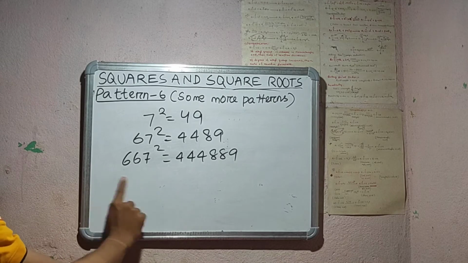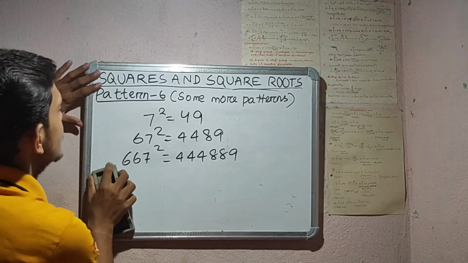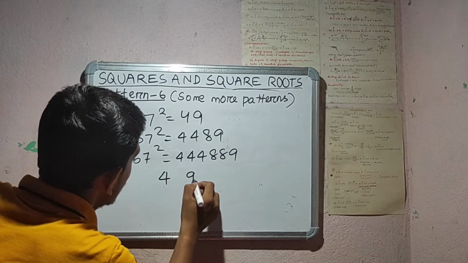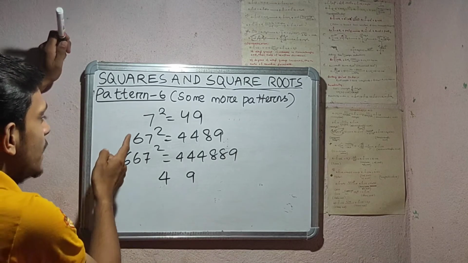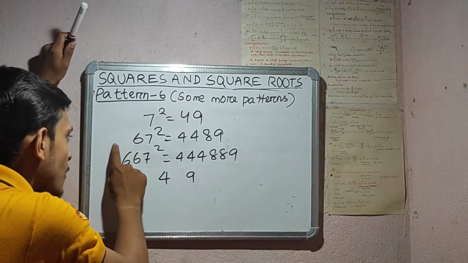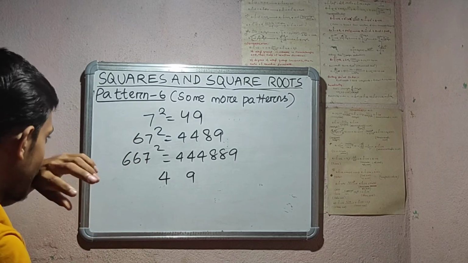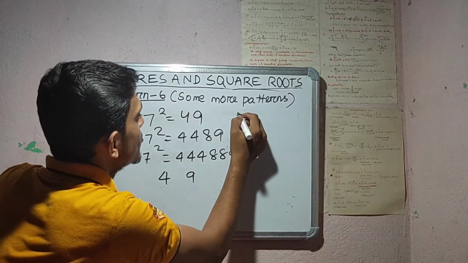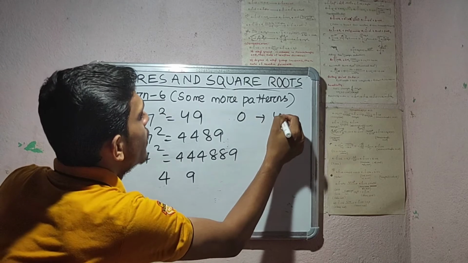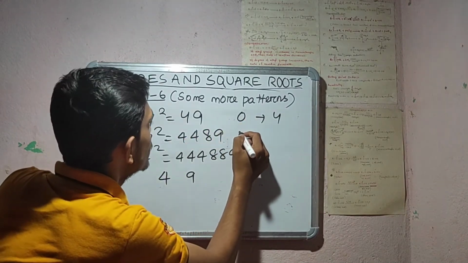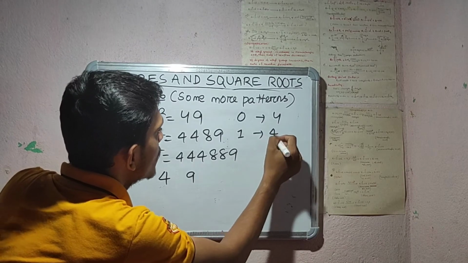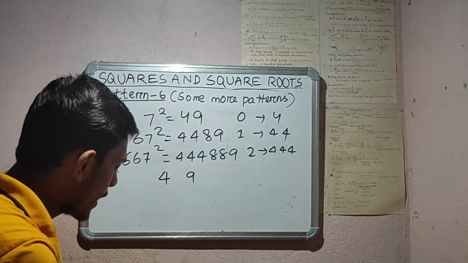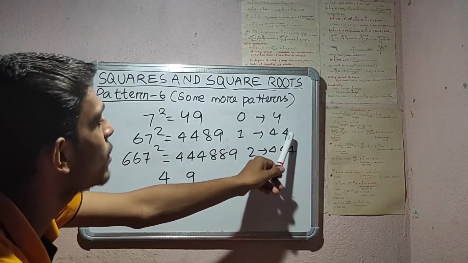Anyways, how is it organized? It is organized in this way. See, that is 49. Okay, so the number of sixes added, there is no 6, so the number is 1. There is no 6, the number of 6 is 0, so one 4 is added. If the number of 6 is 1, then what is the number of 4? That is 2. Then if the number of 6 is 2, the number of 4 is 3. Okay, by increasing the number of 6, the number of 4 will be increasing.